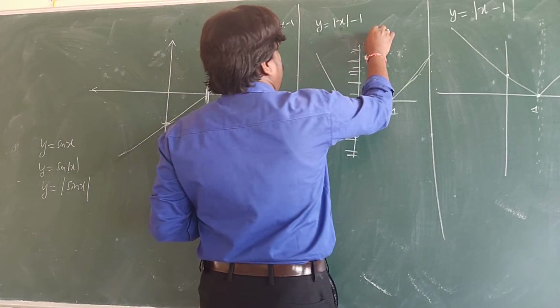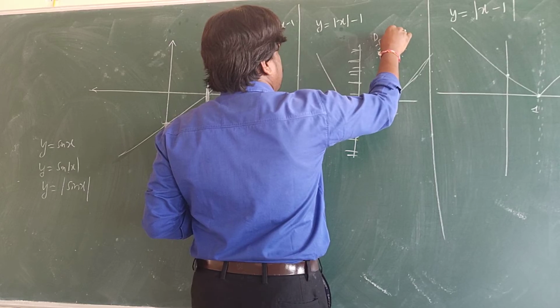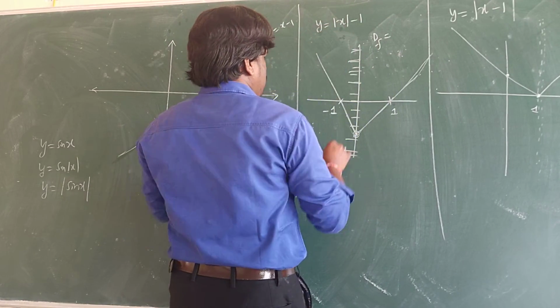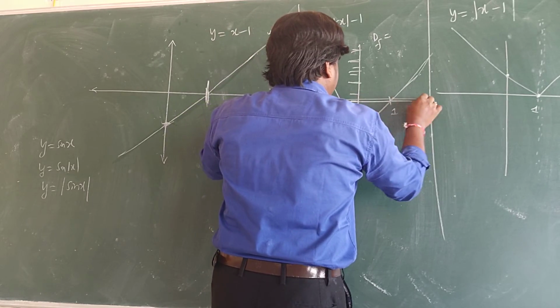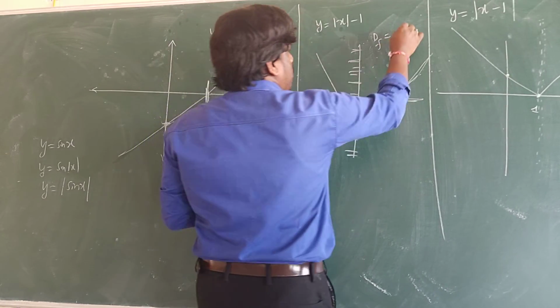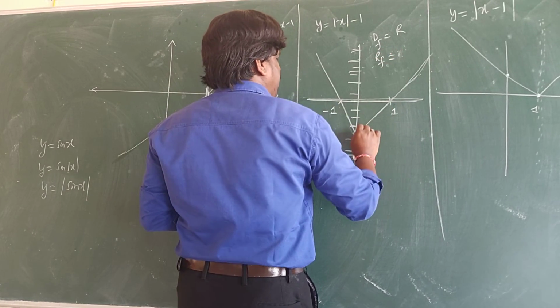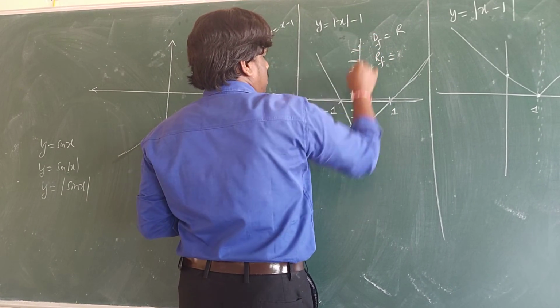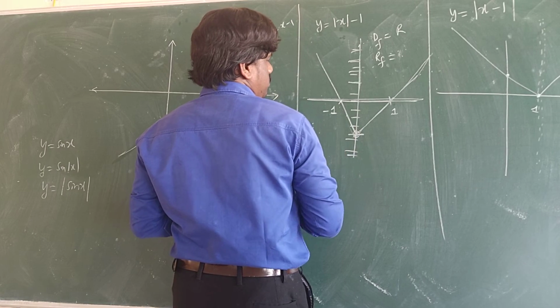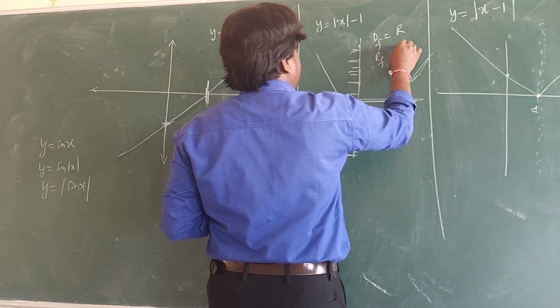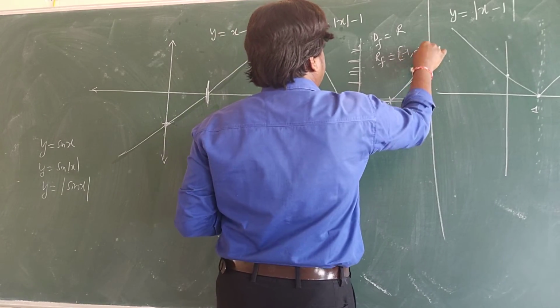So here, you know what is the domain and range here. I need not tell. What is the domain of this function? Modulus I explained already. I am giving all real numbers as input, that is the domain. R is the domain. What is the range here? The graph which is occupied. Here this point is which point? -1 to infinity. -1 to infinity.